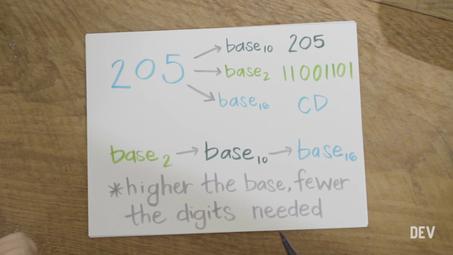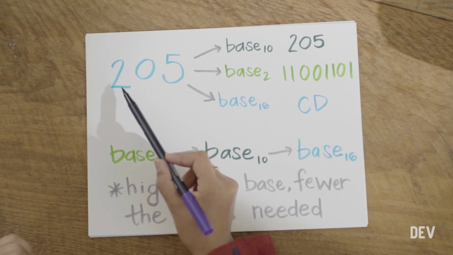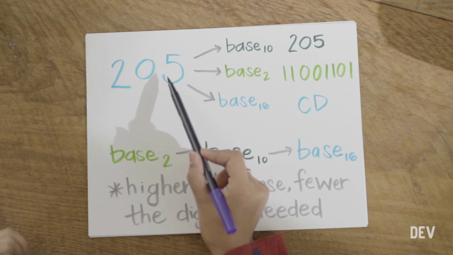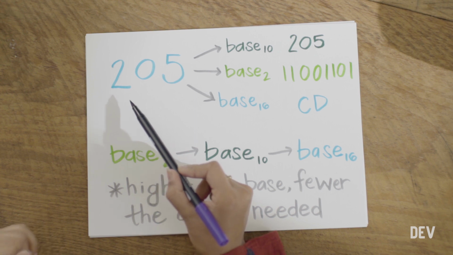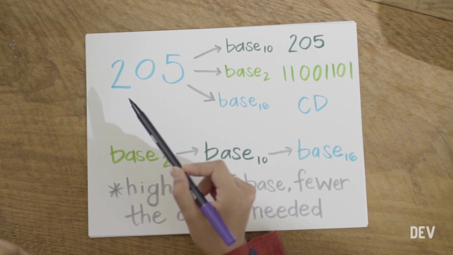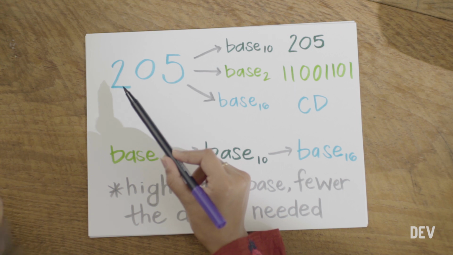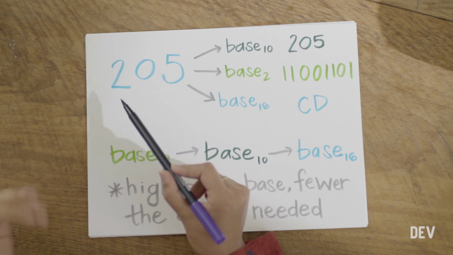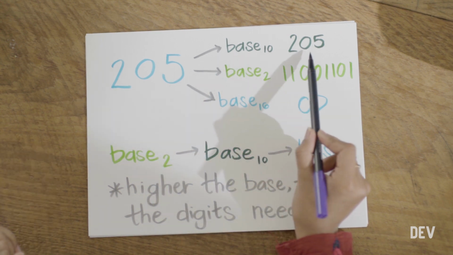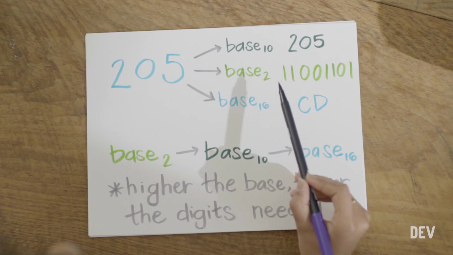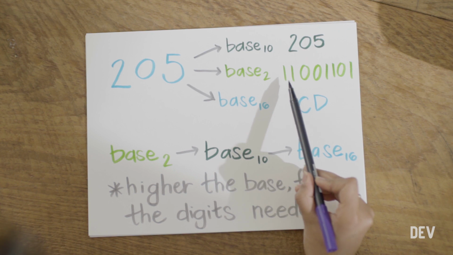But how do you actually use 16 digits to count? I think it might make more sense with an example, so let's take a quick look. Here we have the number 205. Remember that 205 is how we read it in base 10. So this is just the number 205 represented in base 10. And that's what we've highlighted right here. But we can represent the same number, not just in base 10, but also in base 2, or binary. In binary, 205 is represented as